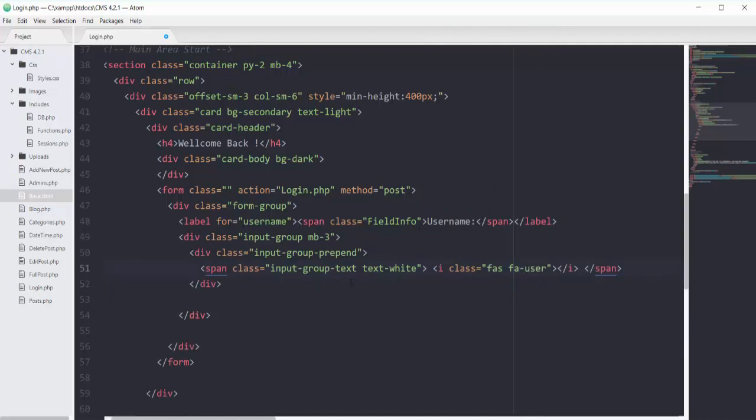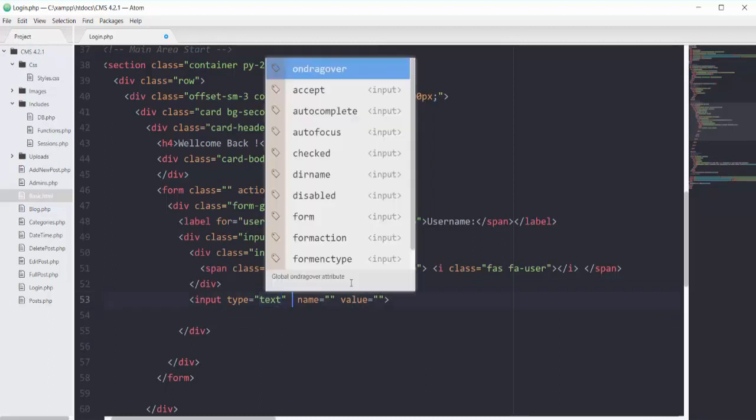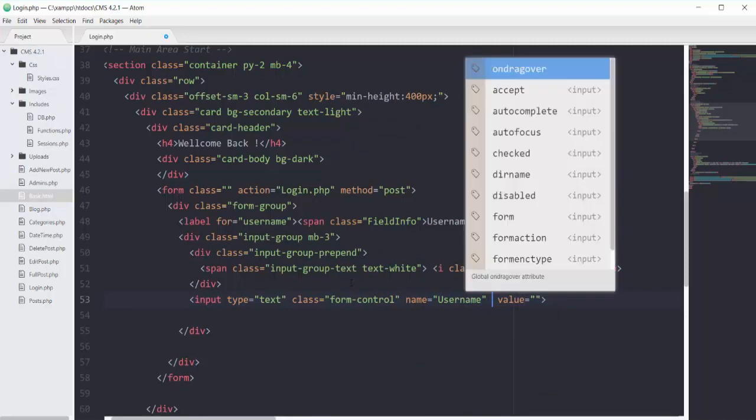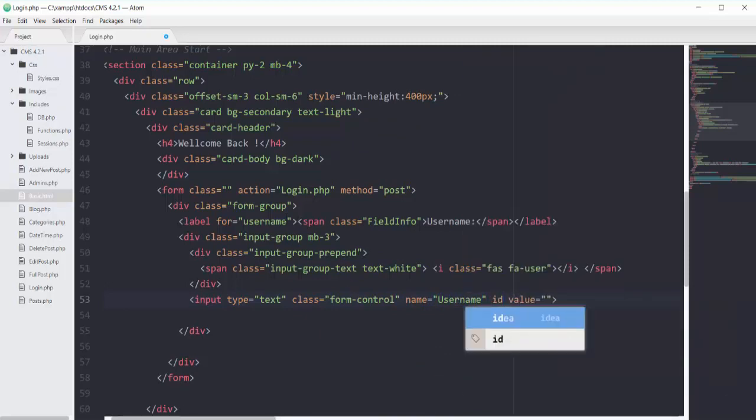Then after this div we'll have our input field with the type of text, and adding the bootstrap class of form-control. Its name will be username with the capital U, and its ID will be same as the label.